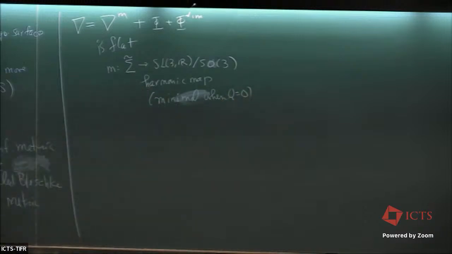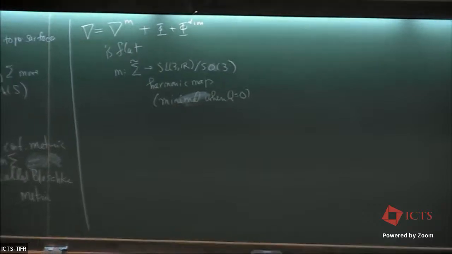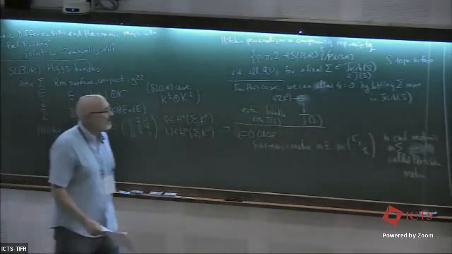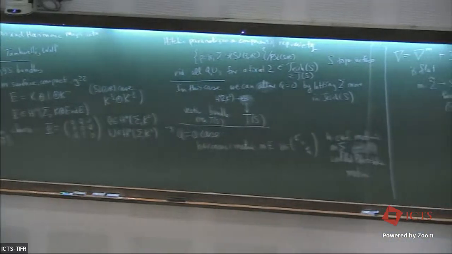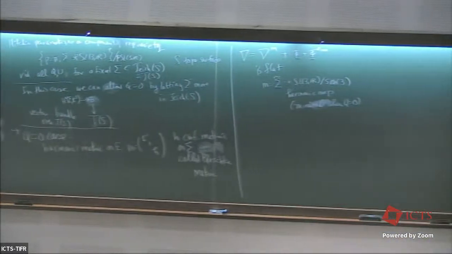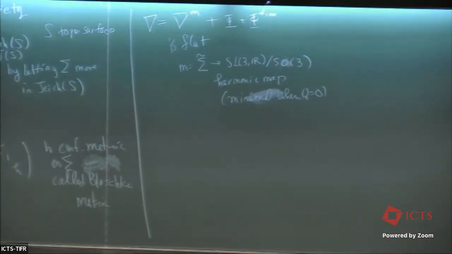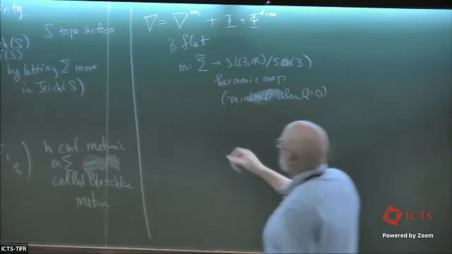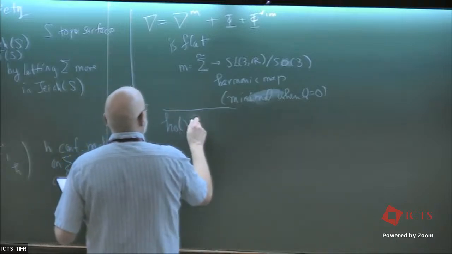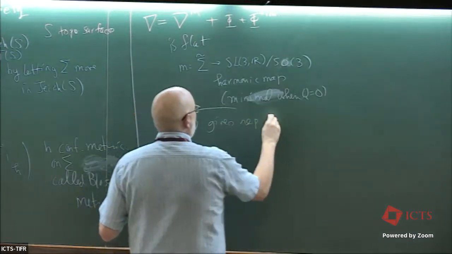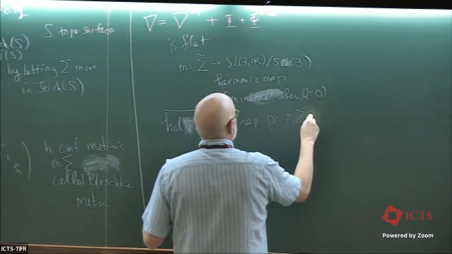So when Q is equal to 0, you can use the same formula, the trace of phi squared, and notice that that is the Hopf differential that vanishes when Q is equal to 0. Okay? So this is a way of constructing these equivariant minimal surfaces. So you construct both the representation rho, and I should say, the holonomy of nabla gives the representation rho of pi 1 of sigma into